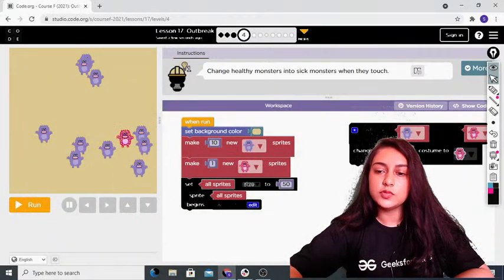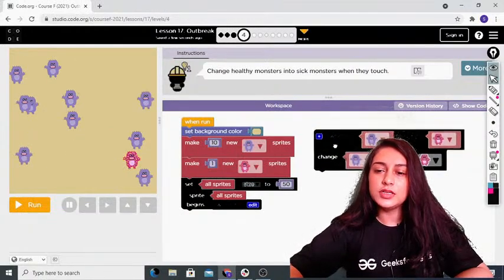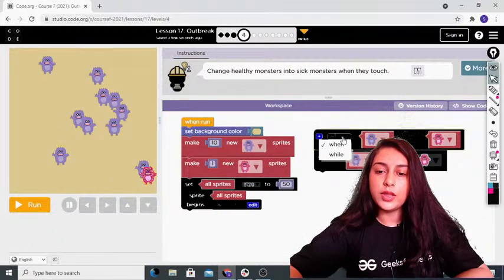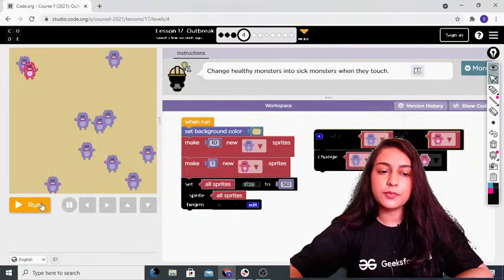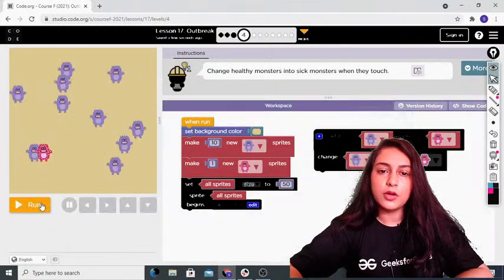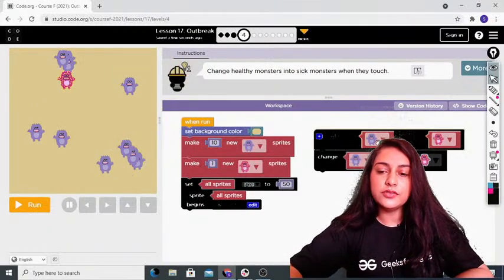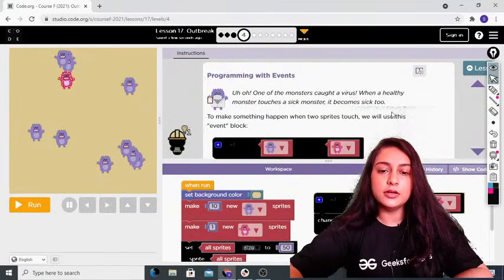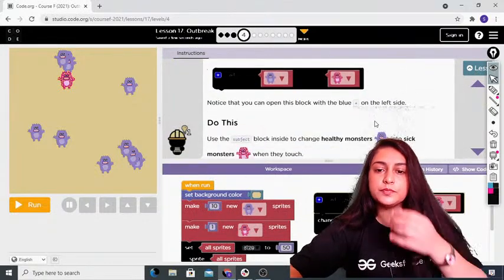Okay, all sprites wandering. When blue monster touches red monster, change this costume to this. Okay, when, while. Okay, actually can you see it is not going one by one, rather what is happening is it is basically